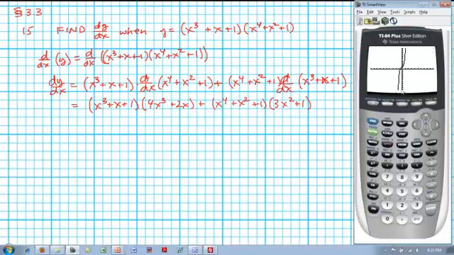We see that the function is always increasing. We see that it doesn't have any horizontal tangents. So we expect the derivative function, at least in this small area,